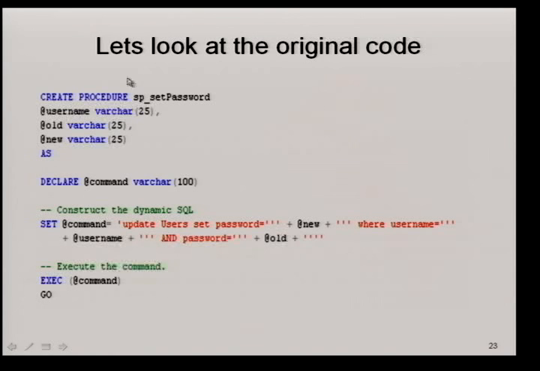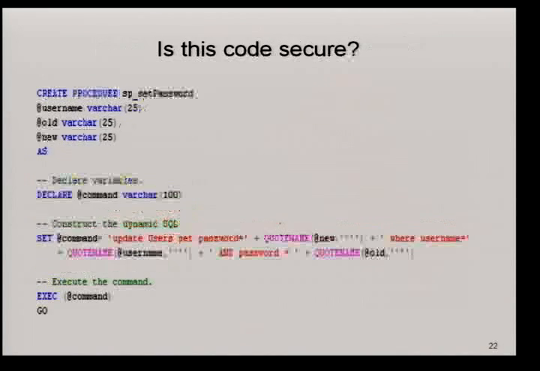So I have sp_setpassword, which takes 3 arguments: username, old password, and new password. And we know that there exists a first order SQL injection issue here, right? None of the data variables are validated. But there is one more problem in this code. If you observe carefully,